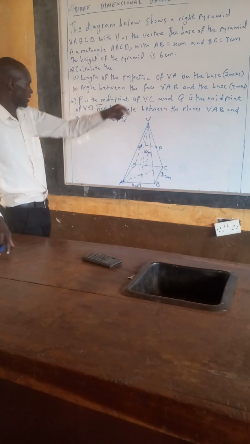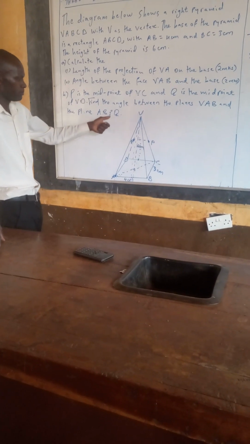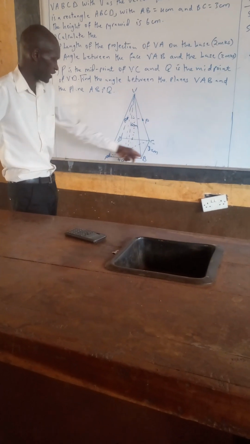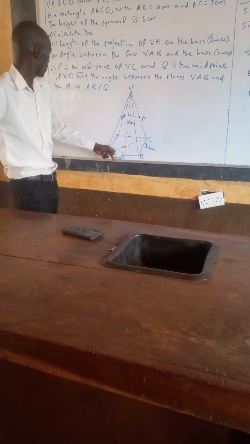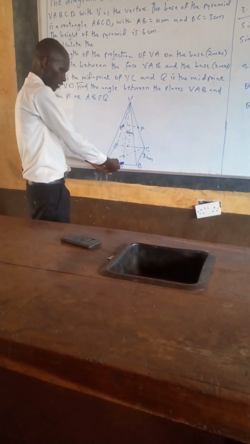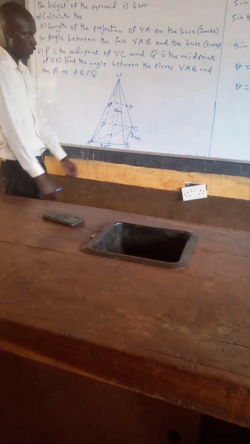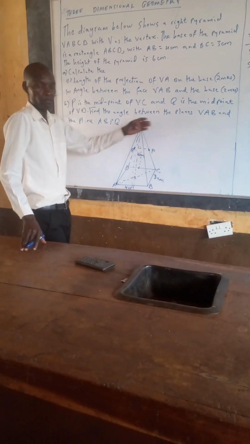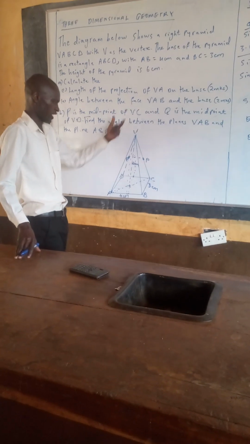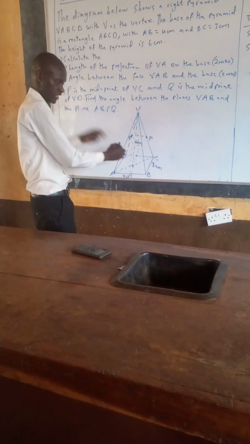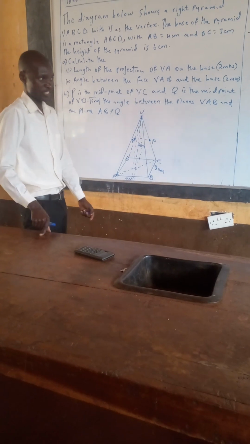So once we get this one, because they wanted us to find the angle between the planes VAB and the plane ABPQ, there is this plane that will move this way, and the angle that we have been able to get was the angle on the lower side. But the question wanted us to get the angle at the top. And we know that the entire angle from this point to the bottom here was the same on the other side, which was the